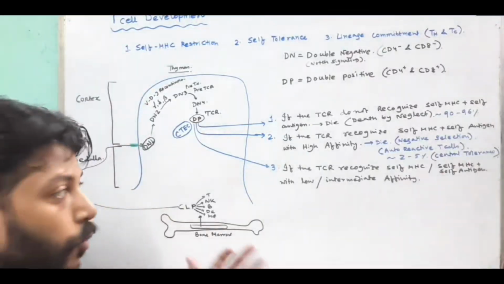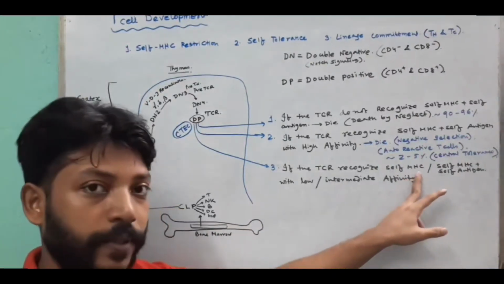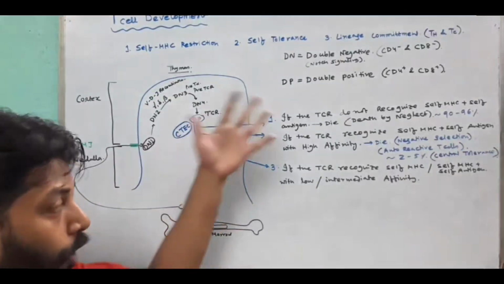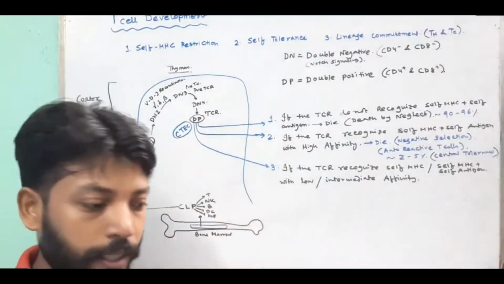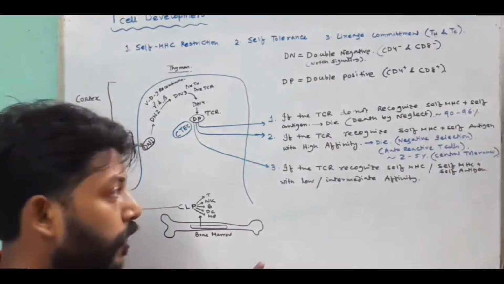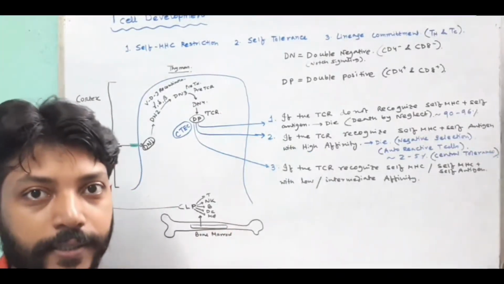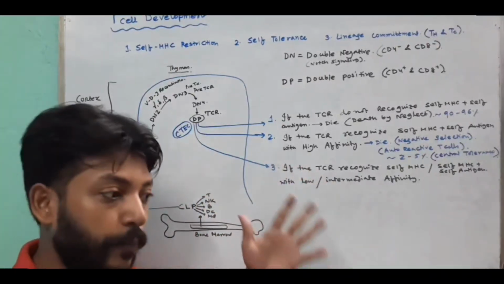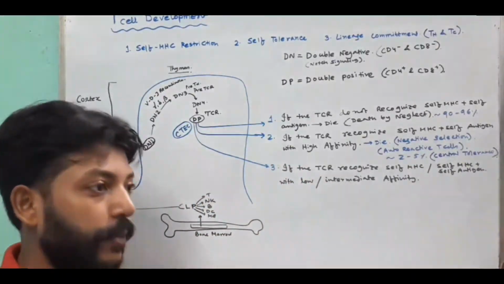I will explain why I have written only self-MHC and self-MHC self-antigen, because all this data or information comes from some experiments performed by scientists. I will explain those experiments in my next class. This is the theory, but I will tell you how this information came into existence, because scientists have performed some